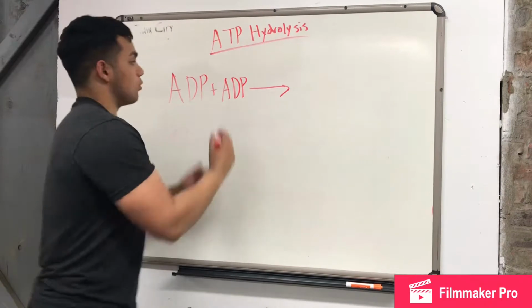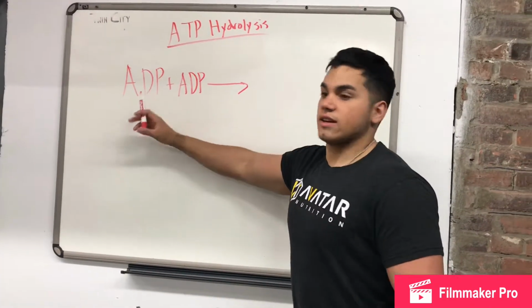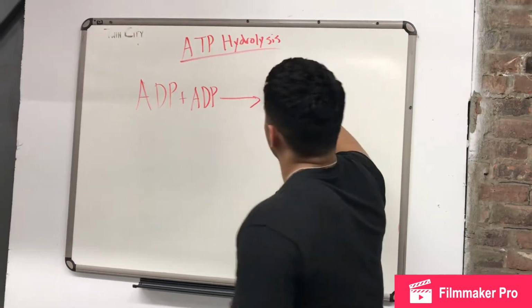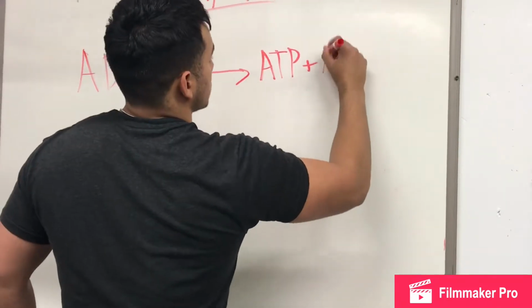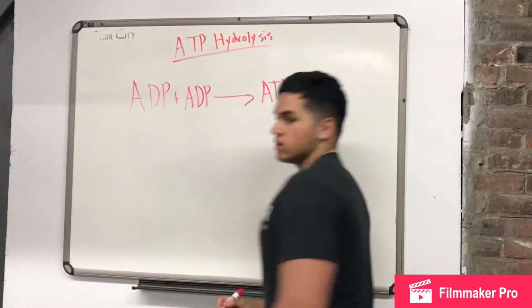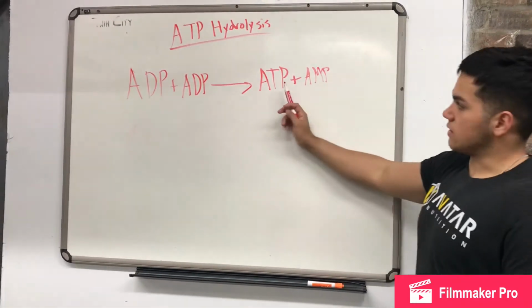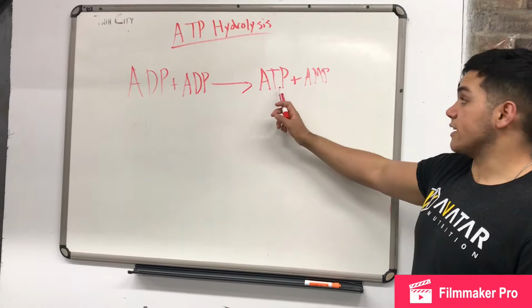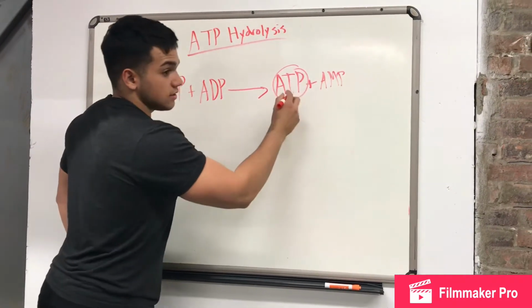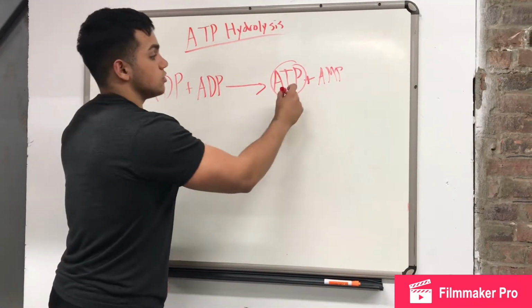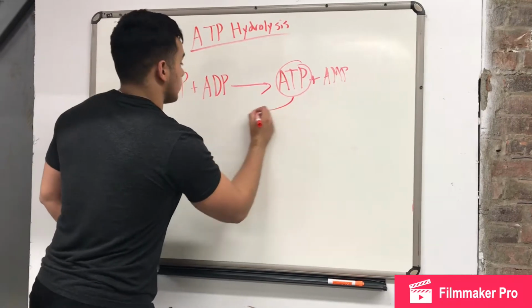And what will happen is that one of these ADPs is going to give its phosphate to the other ADP so that it could create ATP. So what we'll get is ATP plus an AMP, which means a monophosphate, so it only has one phosphate instead of two, because it gave it to the other ADP to produce ATP. So this ATP is not going to be put to work. What will happen is it'll go over here